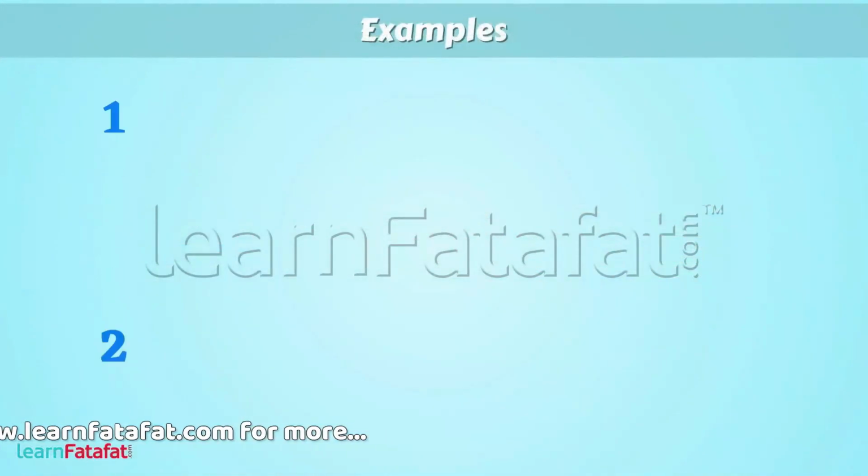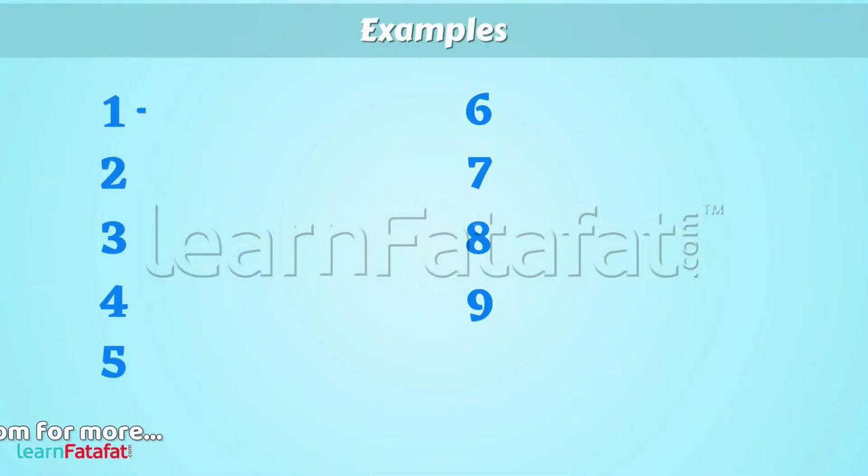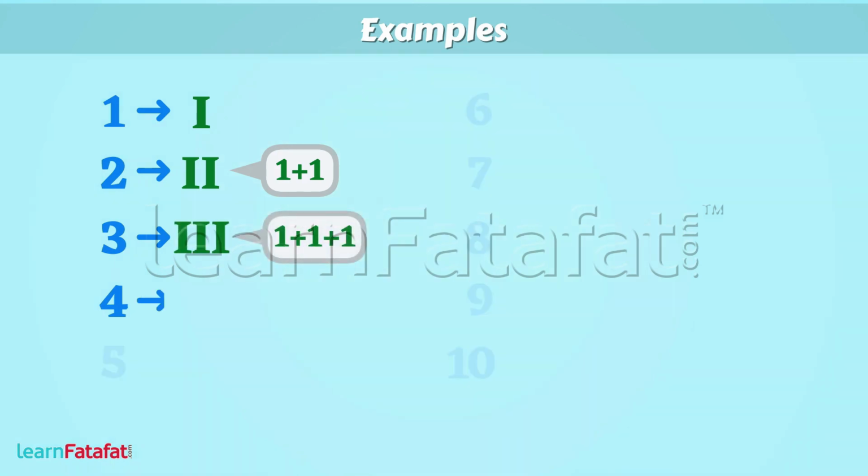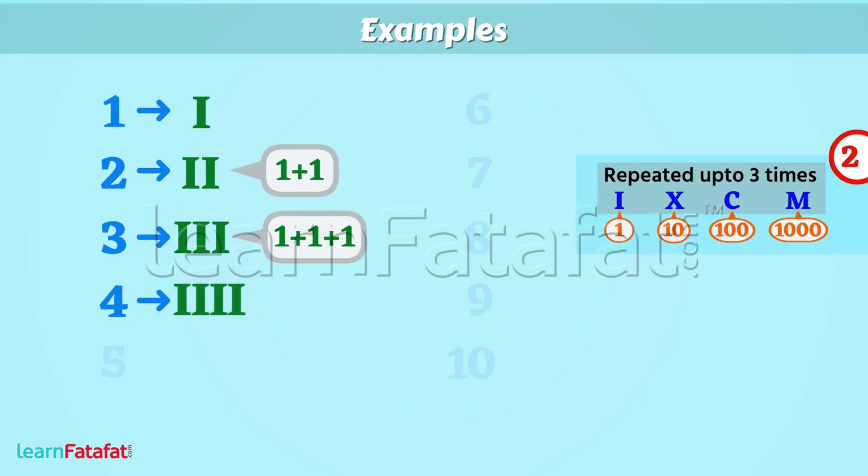Write given numbers in Roman numerals. 1, 2, repeat 1 twice, 3, repeat 1 thrice, 4 can be written like this. But by the second rule, we cannot repeat a symbol more than 3 times. So this is incorrect. However, if we write 5 like this,